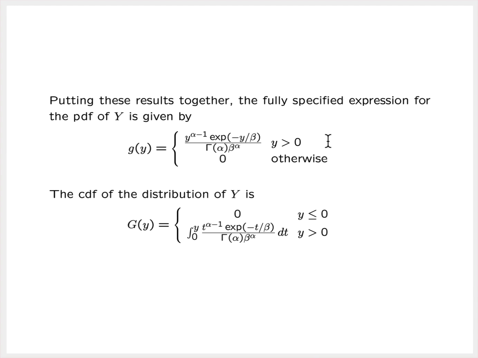For values of y that are positive, the expression for the PDF of y, this general gamma distribution, is y raised to the alpha minus 1 power times the exponential function evaluated at negative y over beta, all over the gamma function evaluated at alpha times beta raised to the alpha power. The CDF of the distribution of y is equal to 0 if y is less than or equal to 0, and for values of y that are greater than 0, the CDF is given by this integral expression here. Now, we're not going to be able to come up with a nice closed form formula for